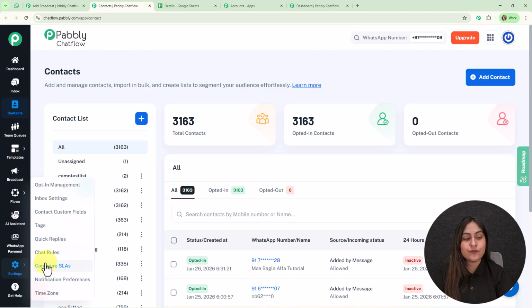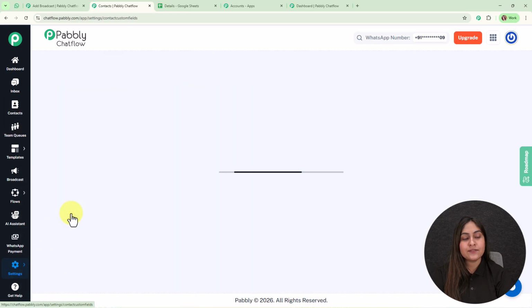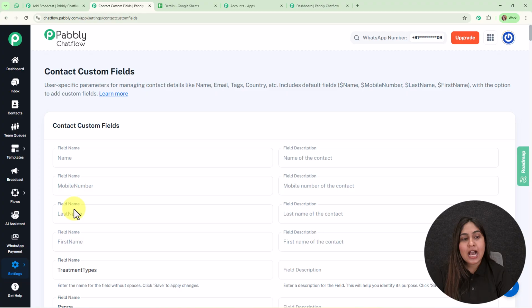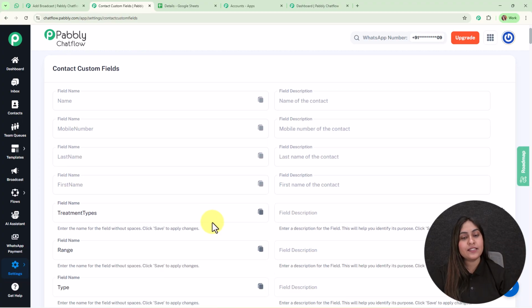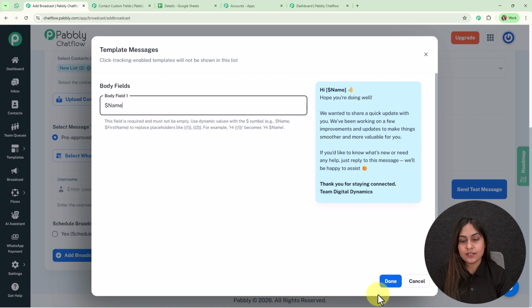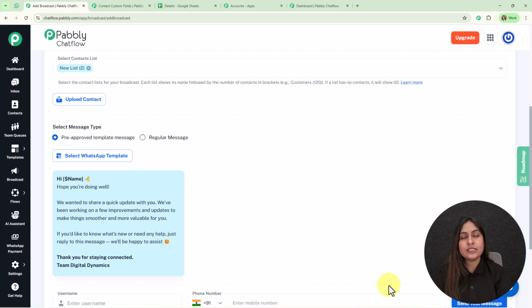to use another feature of Pabbly Chatflow, that is contact custom fields from the settings. Under this, you can see 4 global fields that are name, mobile number, last name and the first name. But if you're using an old account, then you might have more contact custom fields. For now, as you know that I have used a variable in the place of the name. So we're going to copy the field name for the same and we're going to add it over here. Then we're going to click on this done, and with this we have successfully selected the template and made the